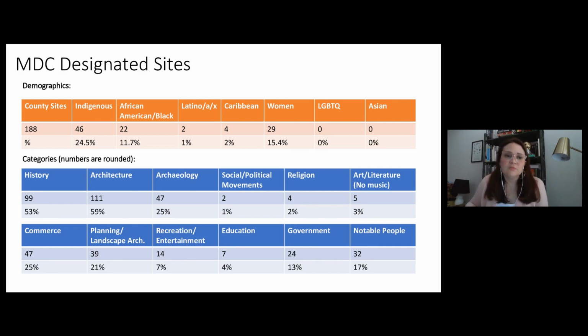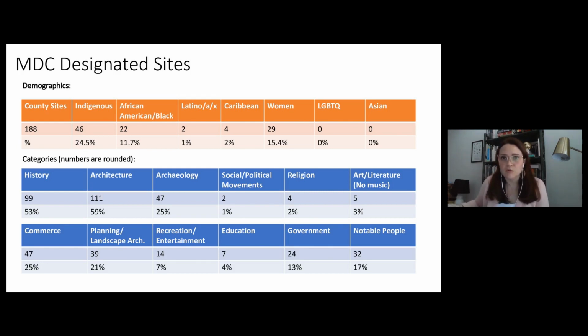Some of the numbers in particular for African American and Black culture and women's history, I actually think aren't quite accurate, only because our designation reports don't specifically reference the African American history or the women's history, but based on the site, it's very likely that history exists. So we included those, even though that's not why they were designated.